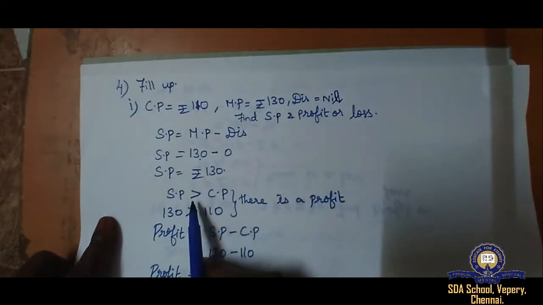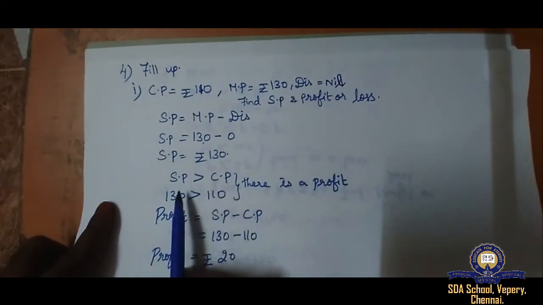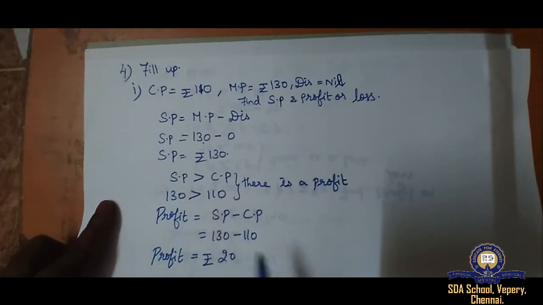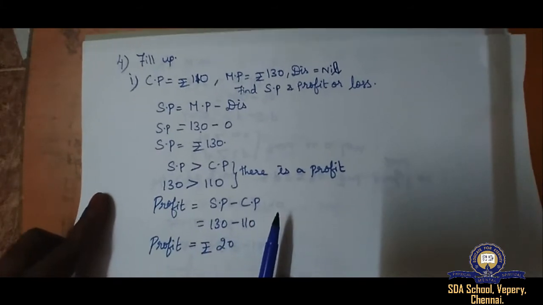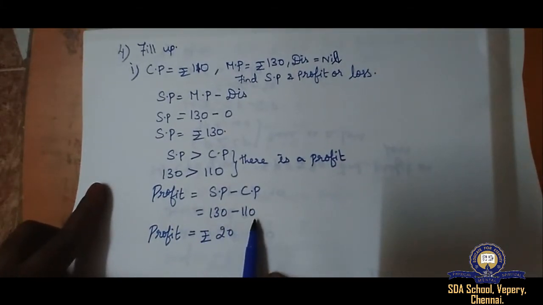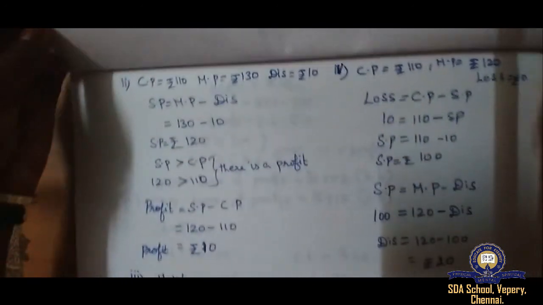Then we have to check whether selling price is highest or cost price is highest. By seeing this, selling price is highest. There is a profit. So profit is equal to selling price minus CP. 130 minus 110 is rupees 20. Next,